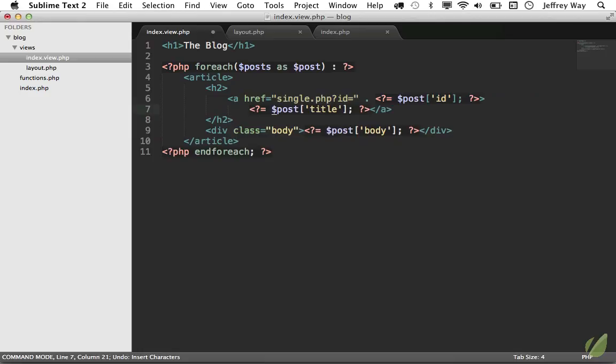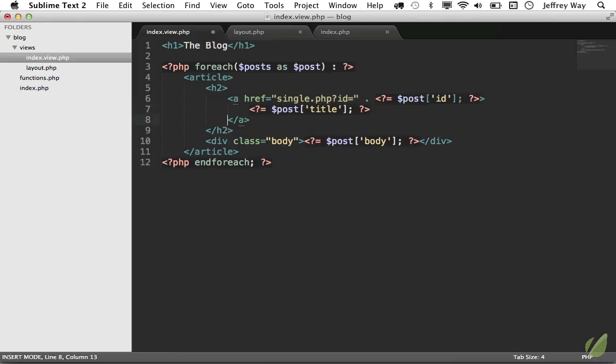Next, I'll go ahead and put the value on its own line, like so. That looks pretty good. And you know what? We can actually get rid of this. I forgot we're not concatenating anything. There we go. That looks right to me. So now we're linking to single.php, and we're passing through in the query string ID equals whatever the unique ID